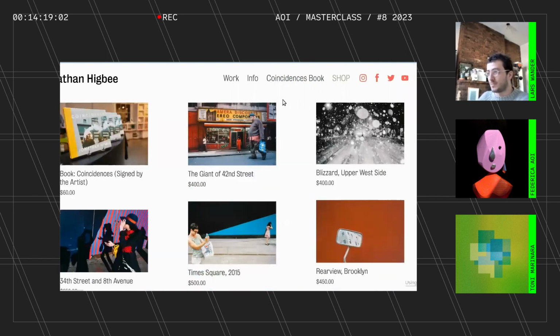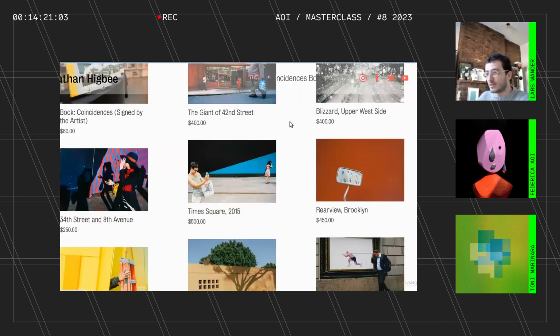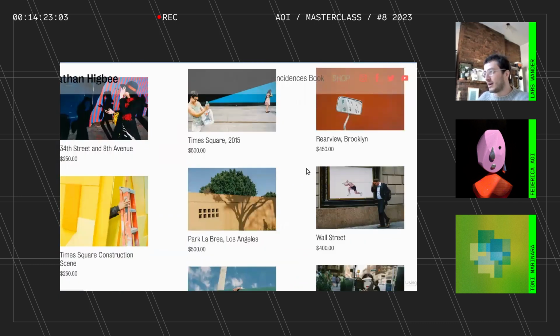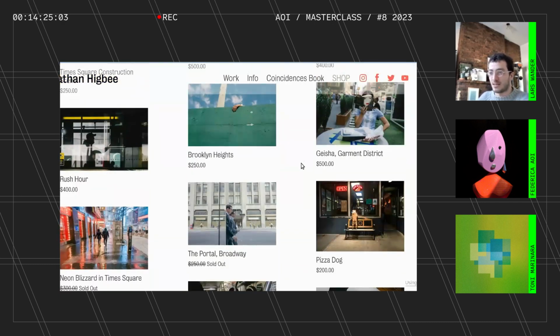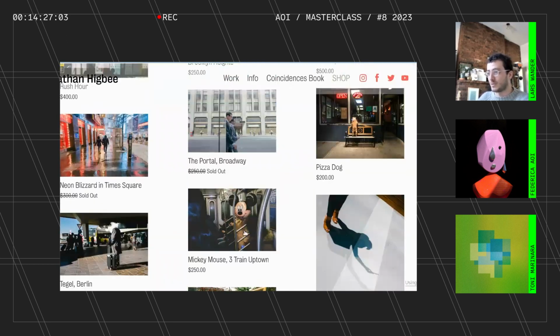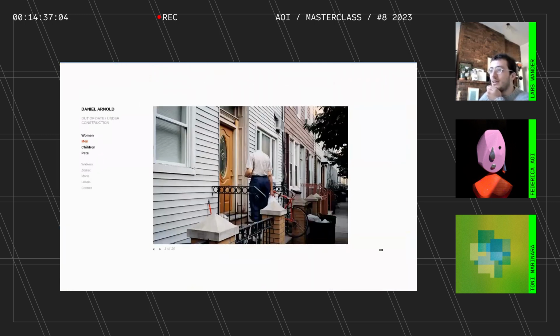I have a copy of it, and there are some works in here that are really fascinating to look at, wonderfully creative, and they capture a dynamism in the city that is really unique to him. But I think the artist that I admire the most and that really stuck out to me was Daniel